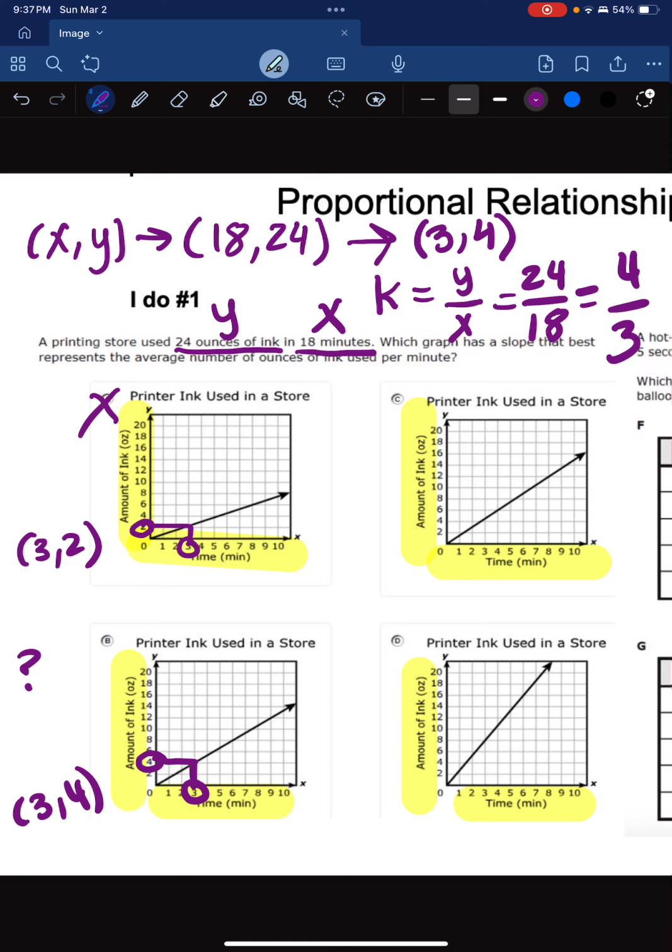So for C, again, I'm going to circle 3 on my x-axis, and then go up to my line, and go to the left. Now this looks really close, but it's between 4 and 6, which gives me a coordinate of 3, 5. And that is not what we're looking for. We're going to go to D. Again, circle 3 on my x-axis, go up to my line, and then left. This gives me the coordinate 3, 8, which is not what we're looking for. So this could not be my answer. So that only leaves me with an answer of